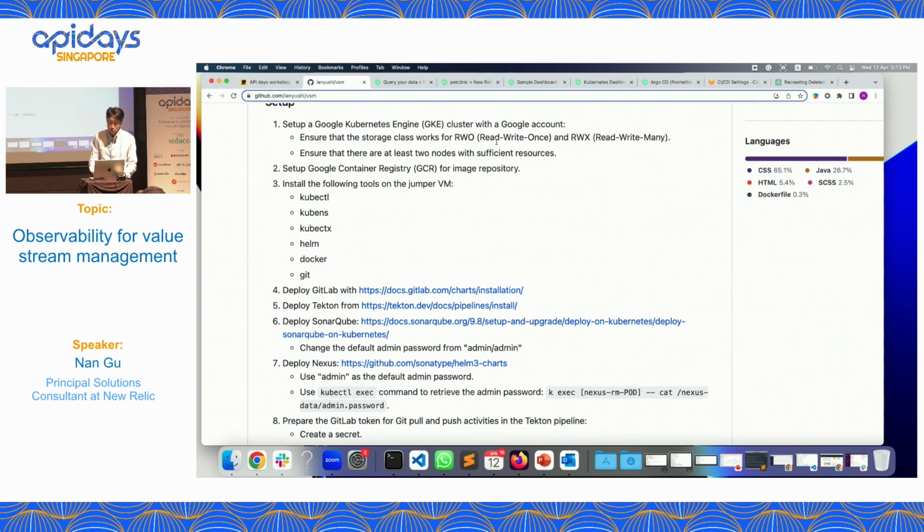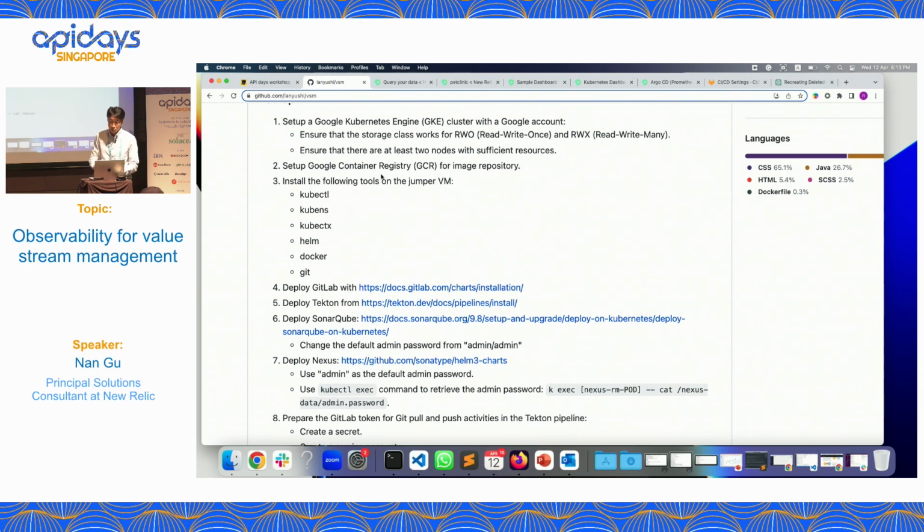One, you have the storage class and the storage, because those tools need persistent volumes. And then make sure that you have at least a few nodes, because they need sufficient resources. You can also use an Autopilot cluster, but try using multi-node for yourself.